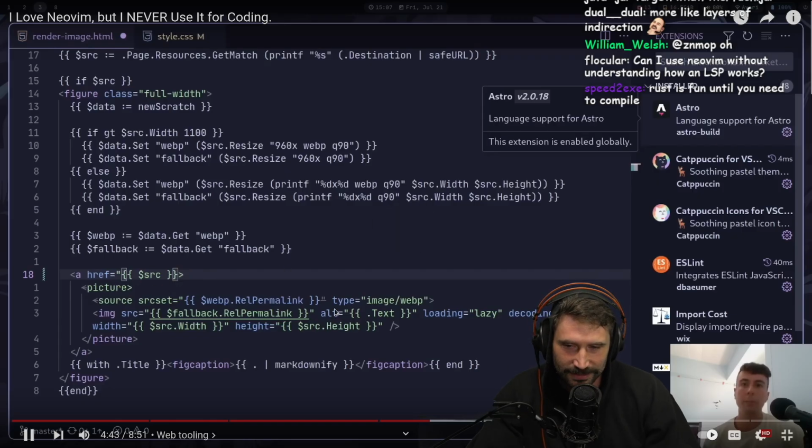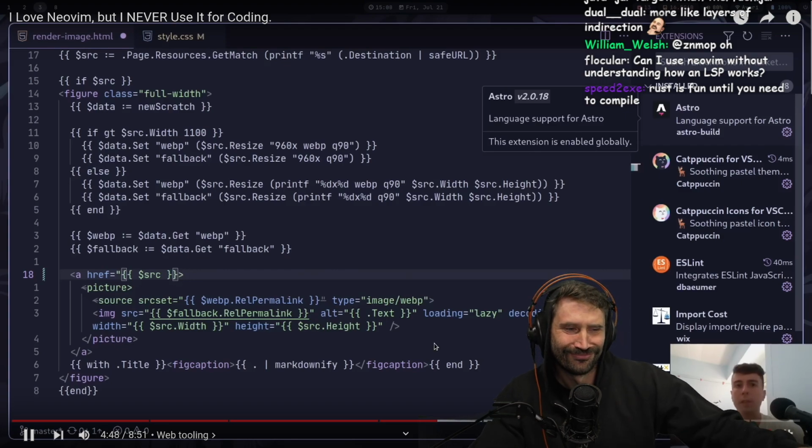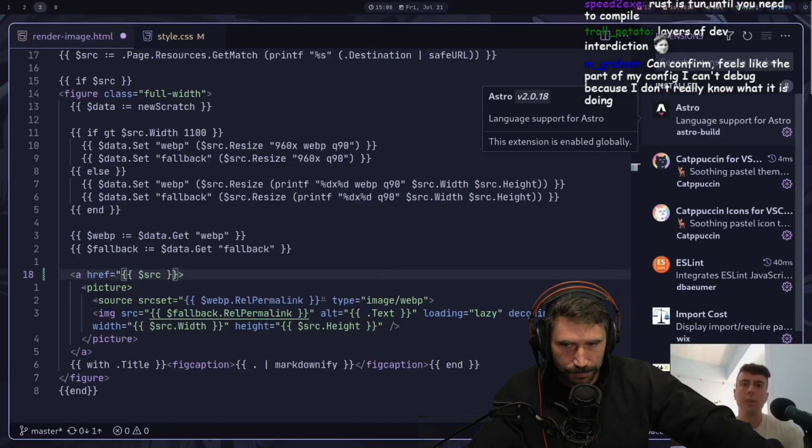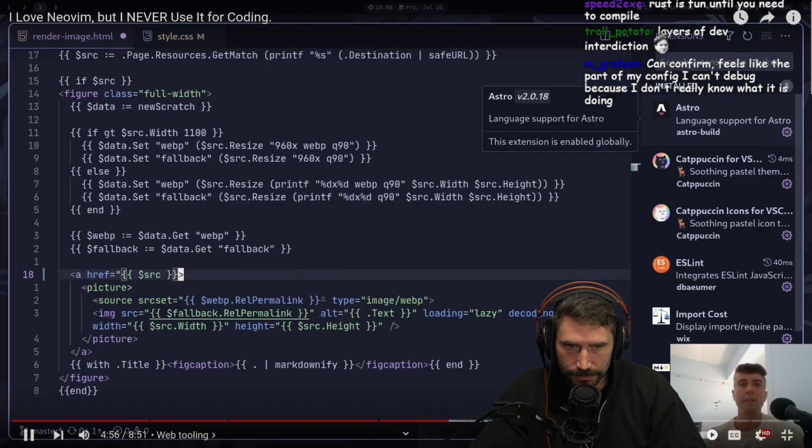Most commonly cited examples of something that just works better in VS Code. So if you're working with TypeScript, then VS Code can do a lot more for you than Neovim. I'm talking about autocomplete and just a lot of features that make it a lot nicer to work with. It's unfortunate, but the tooling is still better in VS Code. I don't know.